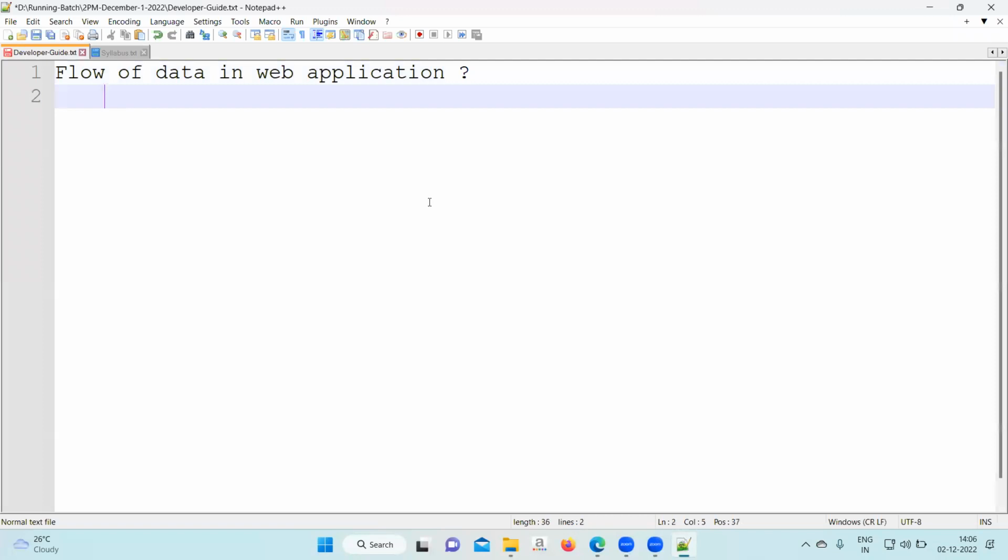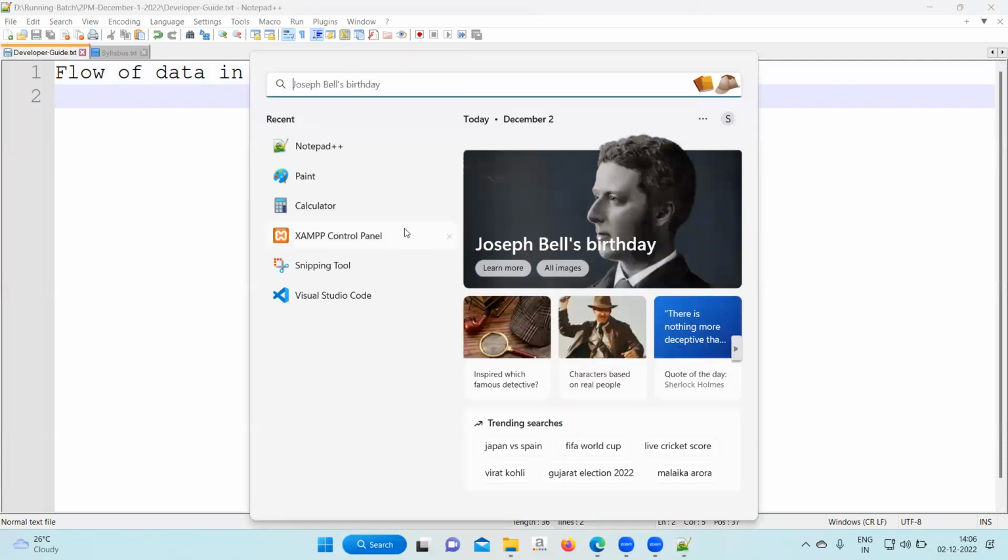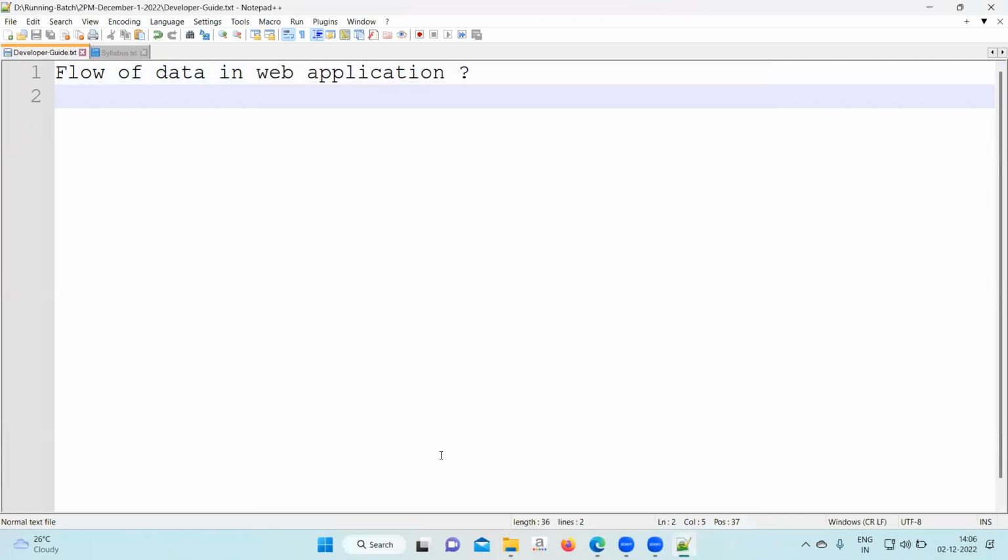How does that work? When we create the page, we see the website, we register somewhere, we do input, output, multiple activities. So how does communication happen internally? For that, we will draw something like this. Let me go here. So we are clear, we are going to work on web